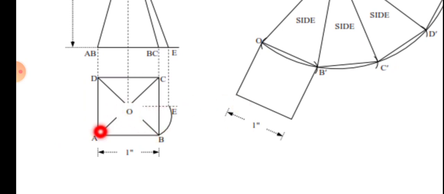OB and OA, which you are taking as reference, are not straight. They are already inclined, so that cannot be the true length. When can it be the true length? If the edges were parallel to the XY line. If they were parallel, right? So whenever you draw the problem in corner condition, it will be parallel, isn't it?